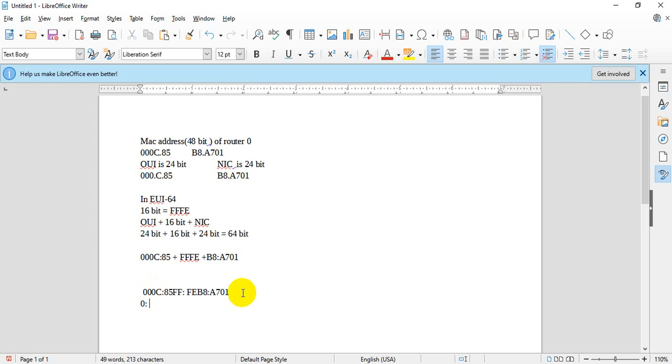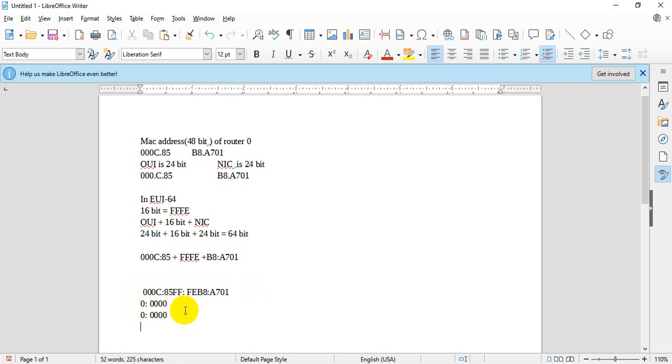This is a decimal form. It will be 1 2 3 4, and 1 2 3 4, and the second 0 will be 3 4. These are all in hexadecimal form. This 0 is hexadecimal form and